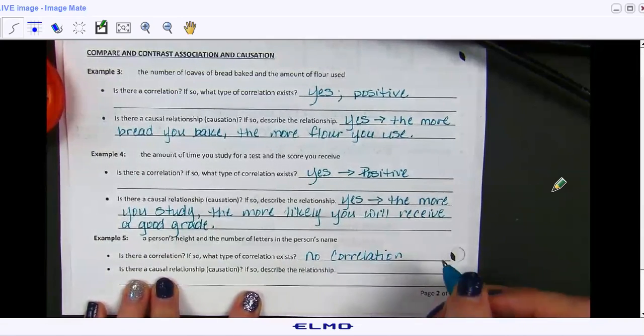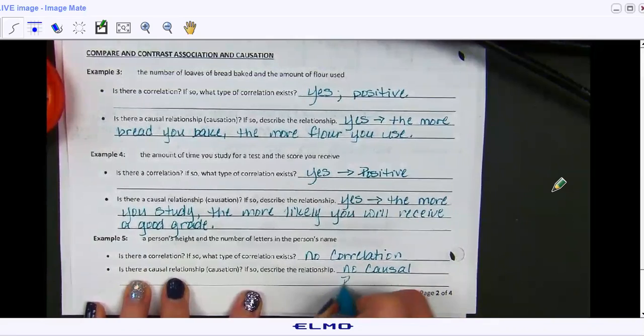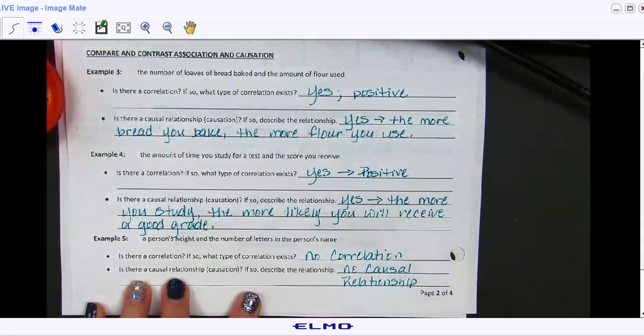And is there a causal relationship? No, no causal relationship. I have 7 letters. That's why Miss Soma is so tall. No, Giannis. And Giannis on top of the